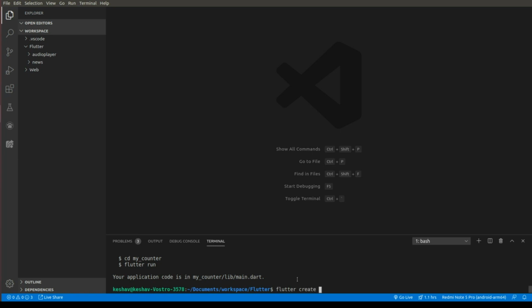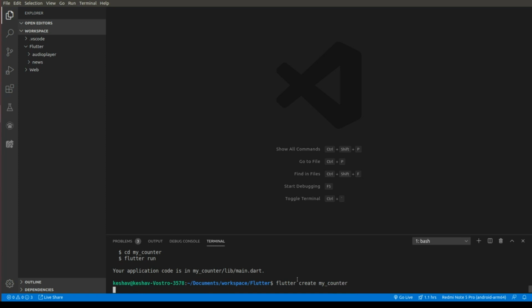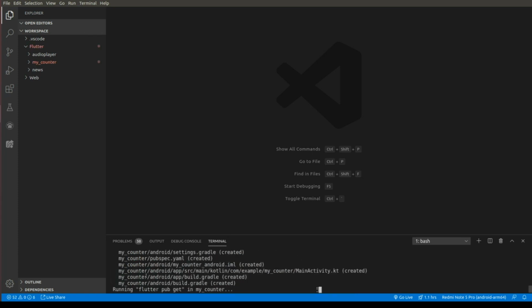flutter create, whatever name you want to give to your app. I'm going to give it my counter. So it's installing some dependencies, and